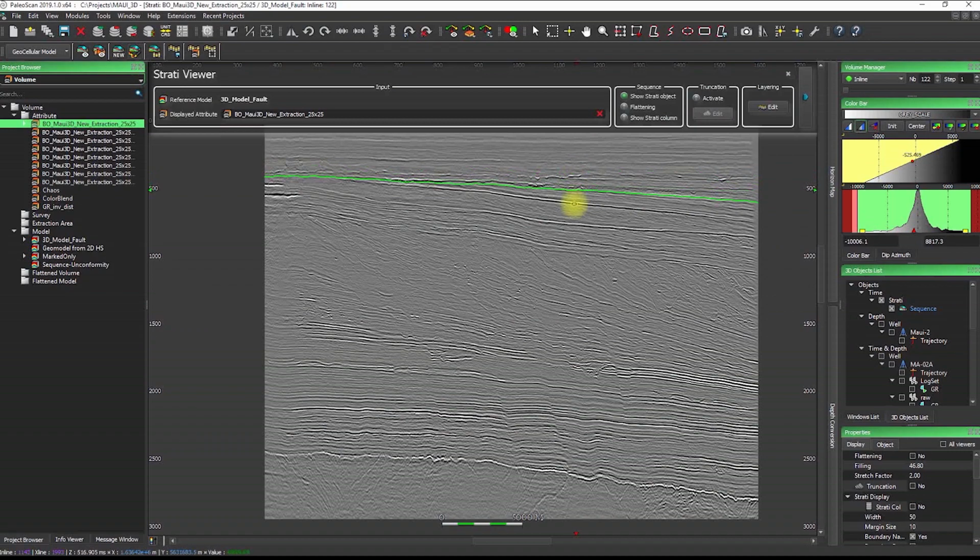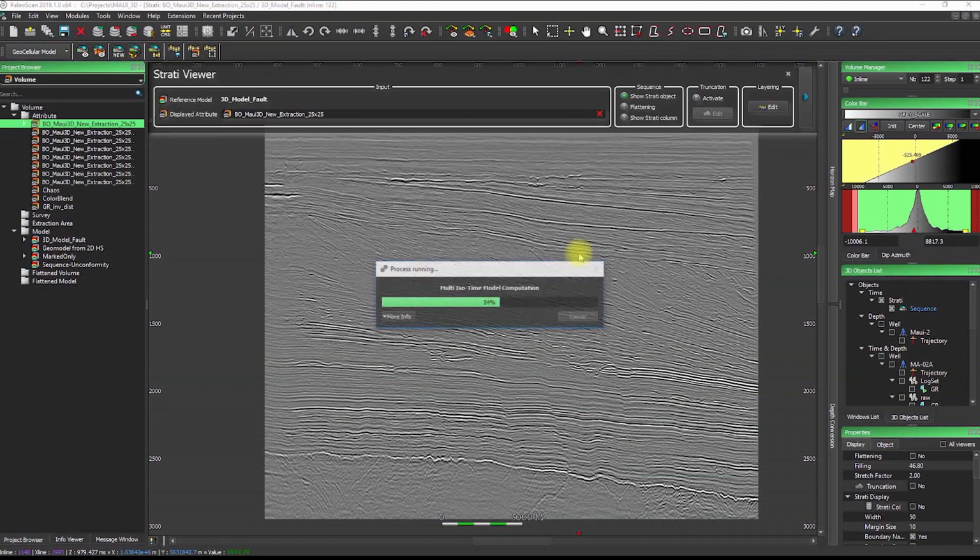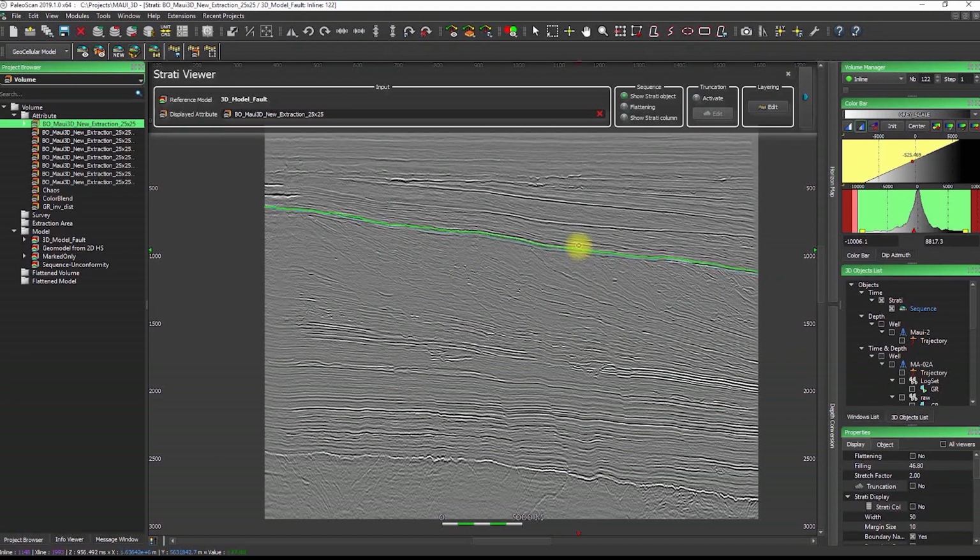So I'm going to play with this Miocene-Pliocene interval to create my sequence. I'm going to start with the erosional unconformity between the Miocene and the Pliocene. Okay, creating one main boundary and a second one. As soon as I'm creating two main boundaries, PaleoScan is going to create a layer, the first layer of my sequence,